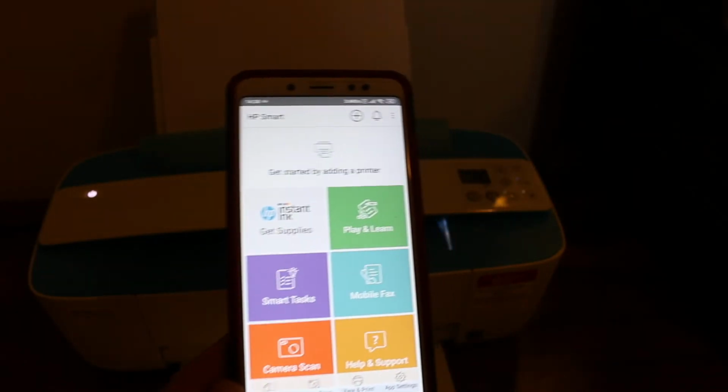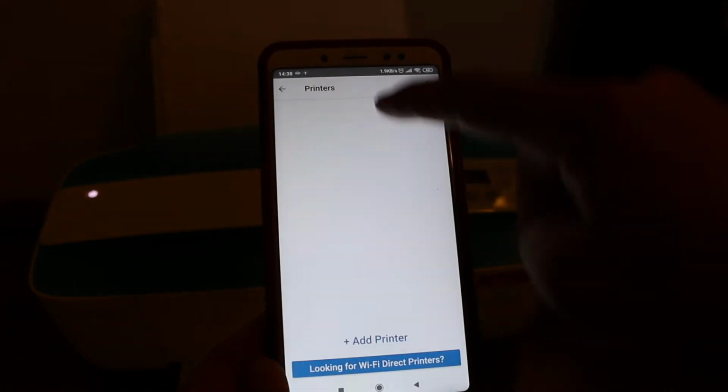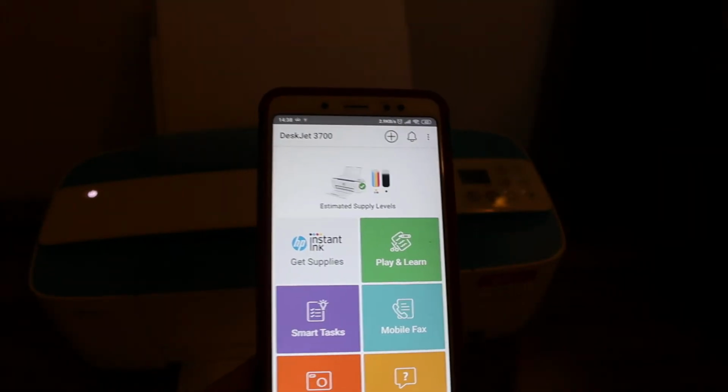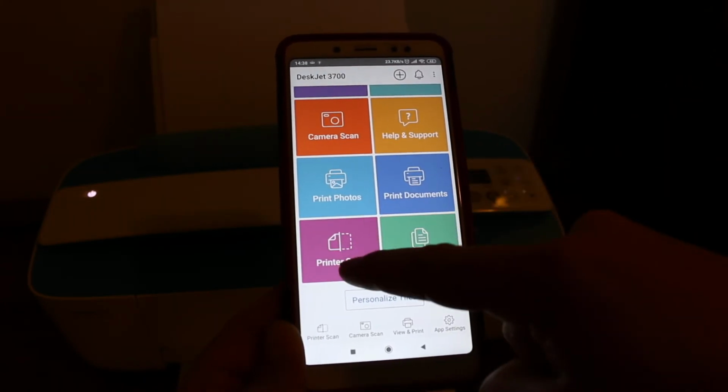Now we can add this printer here. Click on the plus button on the top and you will see the name of the printer. Once you click it, it will be added here. Now let's start with the wireless scan first. Look for the printer scan option